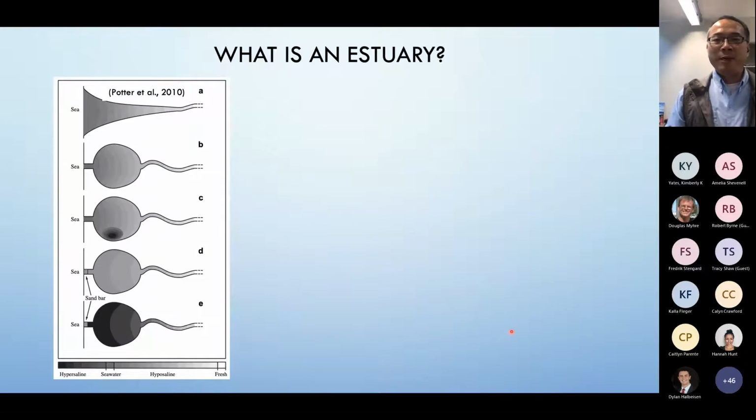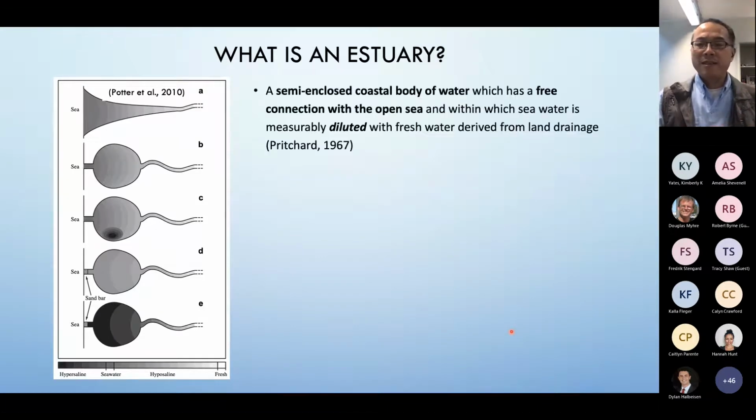And then indeed, what is an estuary? Here you see a bunch of different diagrams of estuaries. From the top, between the sea and the river is kind of an open funnel, but then you also have estuaries that have relatively restricted exchange of water between the coastal ocean and the estuary itself. These restrictions can be more or less, and there's a lot of variability in these types of restrictions. So the definition of estuaries has gone through many different iterations.